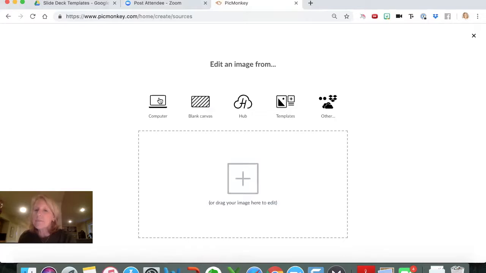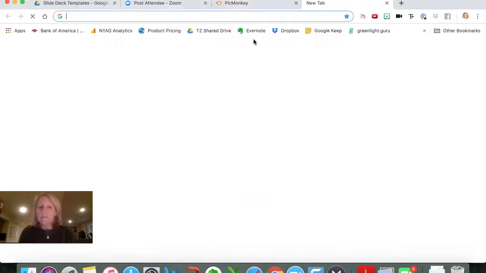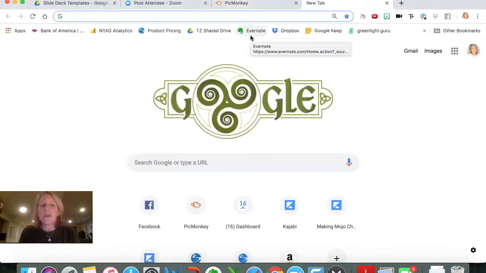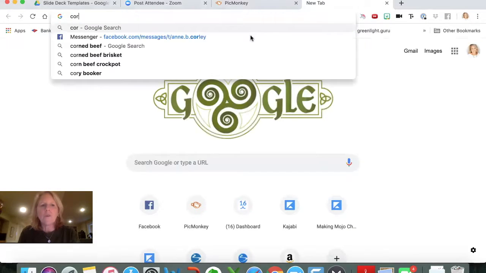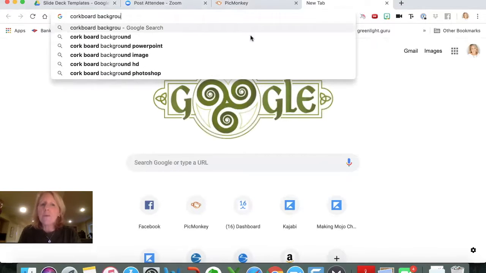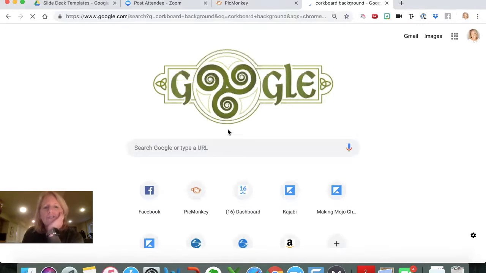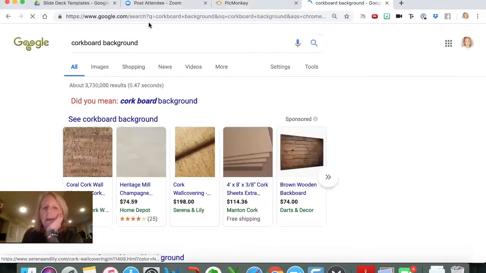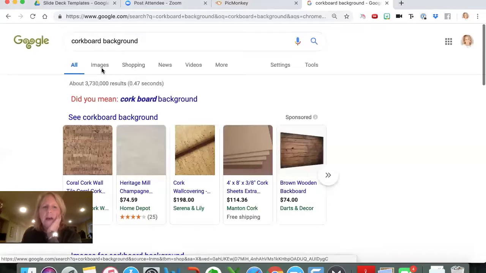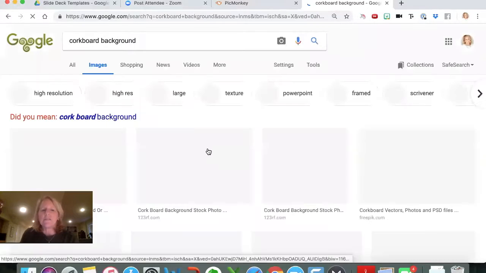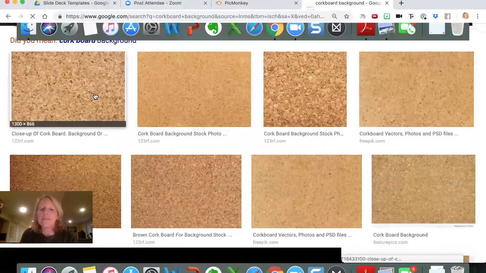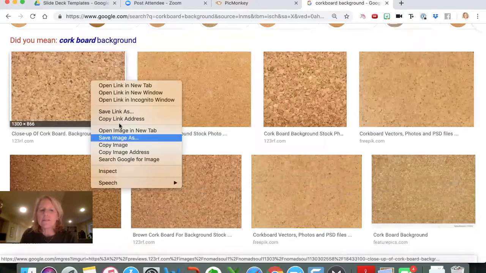But for example, you can Google, say, cork board background. By the way, if you don't know how to search images, you just search for cork board background, and then there are these tabs at the top, and you click images. You could download this, it says save image as.